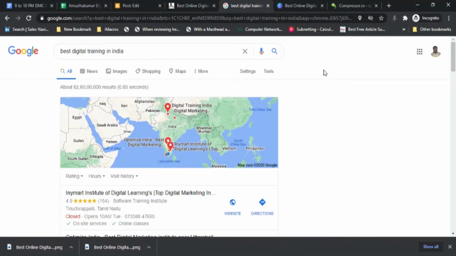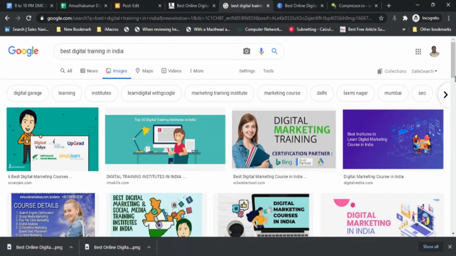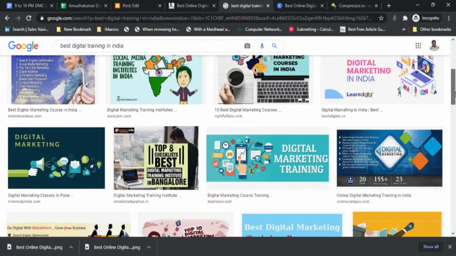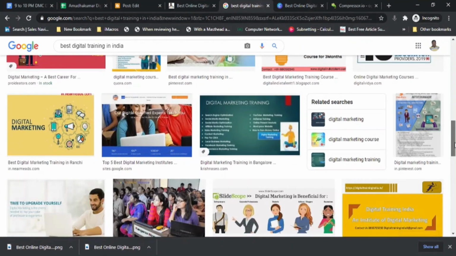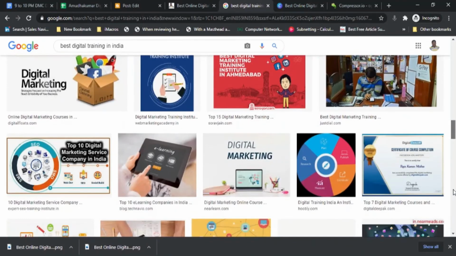Now Google may show the image under the images section. Why is Google not showing it right now? The reason is that I have just created the image and it takes time for Google to crawl the image and index it inside their database.